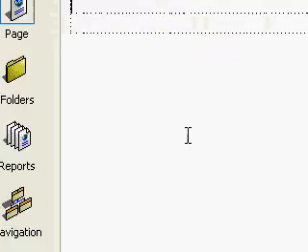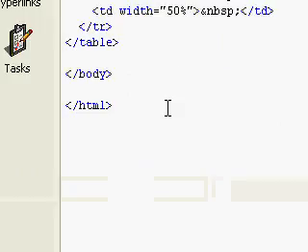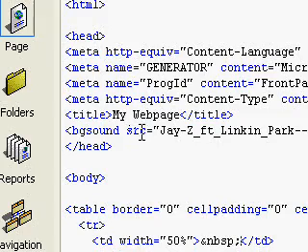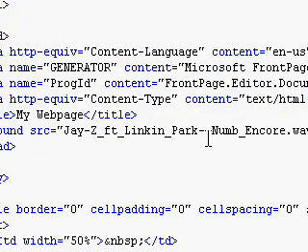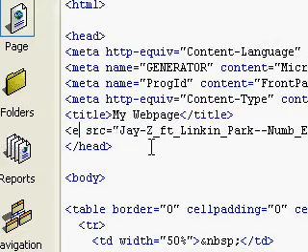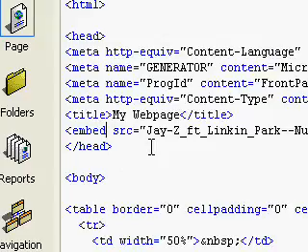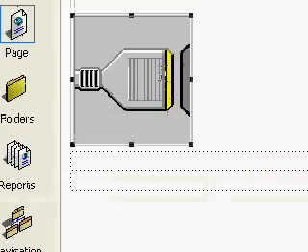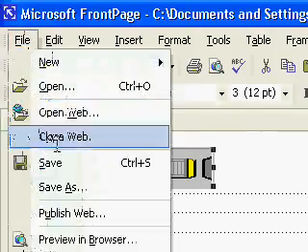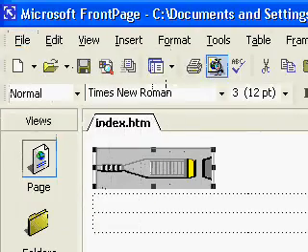Now nothing actually happens when you're editing it. But when you go into HTML, you'll have something that says BGSOUND, src. Now you're going to want to take out BGSOUND and replace it with EMBED. Now you're going to go back to normal, and you're going to get something like this. Just make it small, save your work, and when you preview it in your browser,